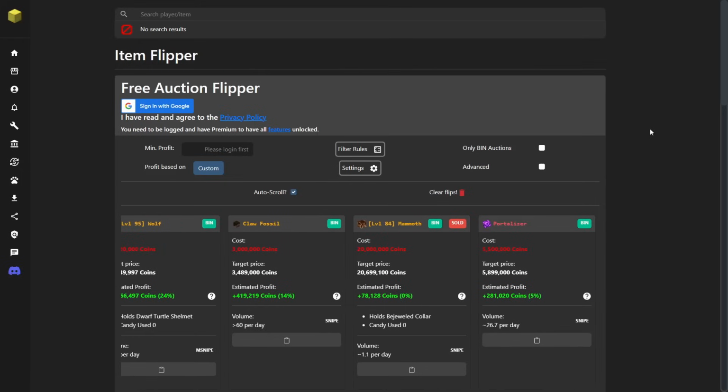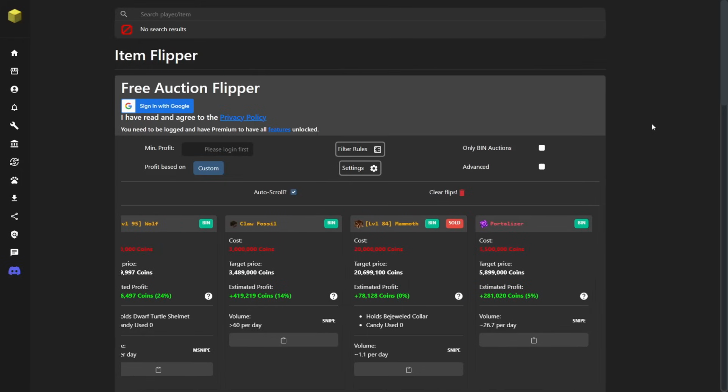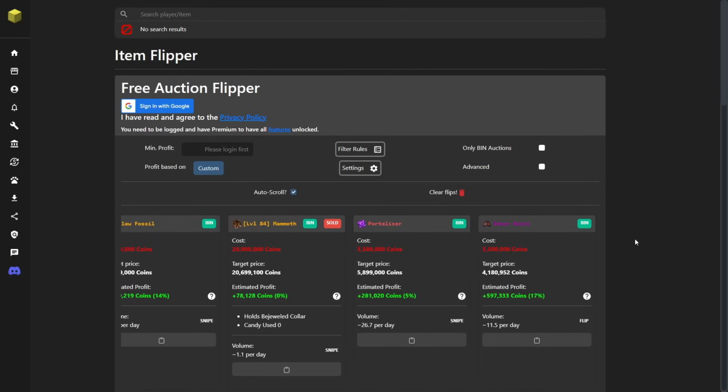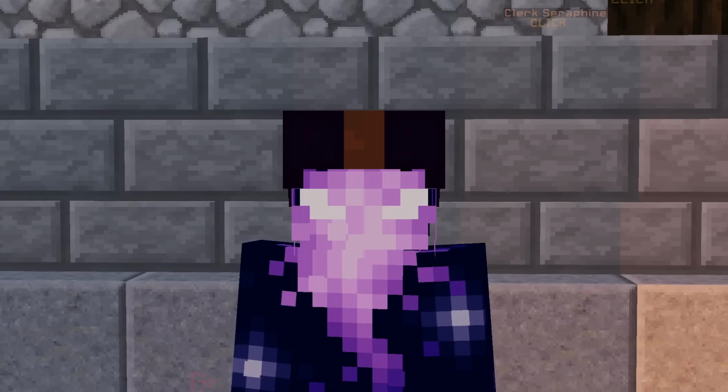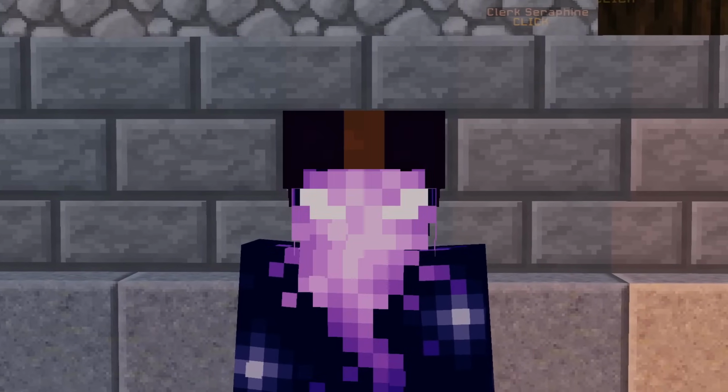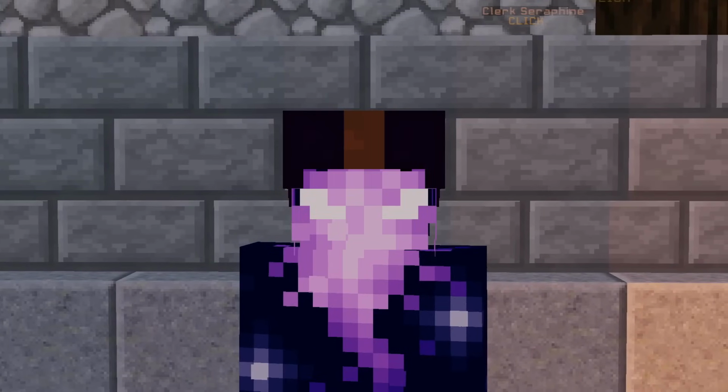From there, it's just a case of Control V, and it'll take you to the auction on the auction house. Fair enough. I mean, this isn't traditional auction house flipping. Traditional auction house flipping would be actually scouring the AH, looking for flips, whereas this is just giving you the flip and you straight up just enter the link and buy it. There's not really any thought that goes into it. If you've ever wondered how people macro AH flipping, well, I think we've found how they do it.